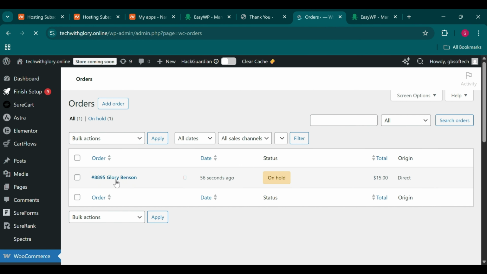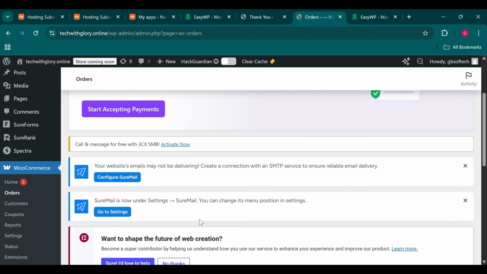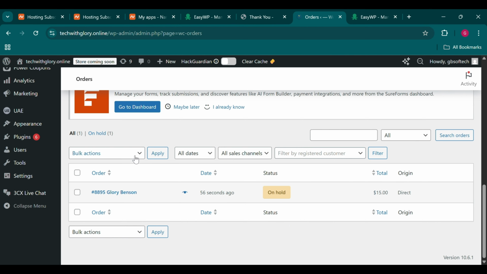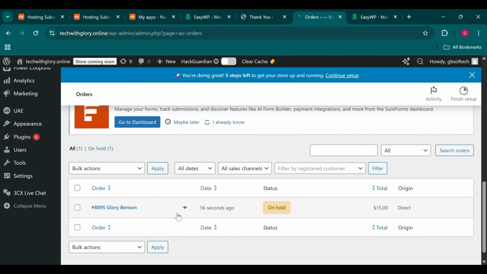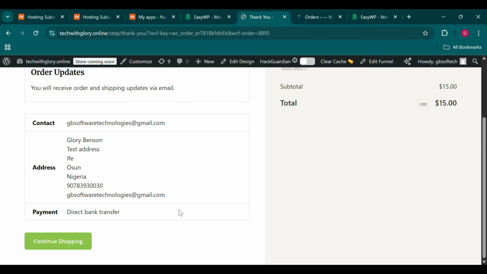Then can you see I made the purchase and this is displaying here, but it's currently showing on hold because the payment is a bank transfer payment. So it's expected that when, for example, your business receives the alert, the bank transaction notification that money has been sent into your business account, then you can confirm payment with the order ID because you already gave an instruction that they should transfer it to your